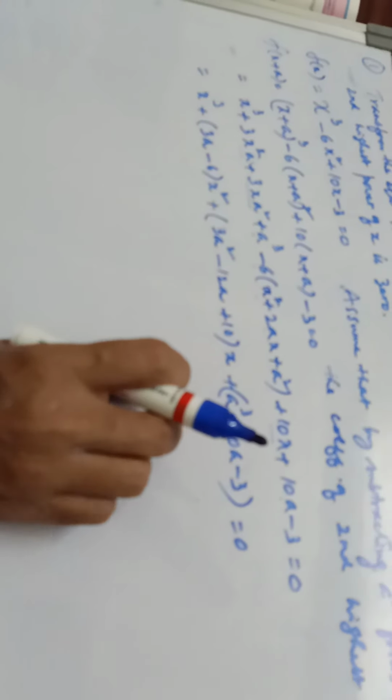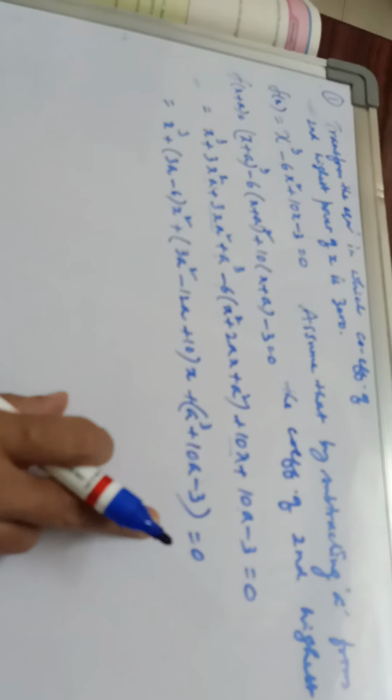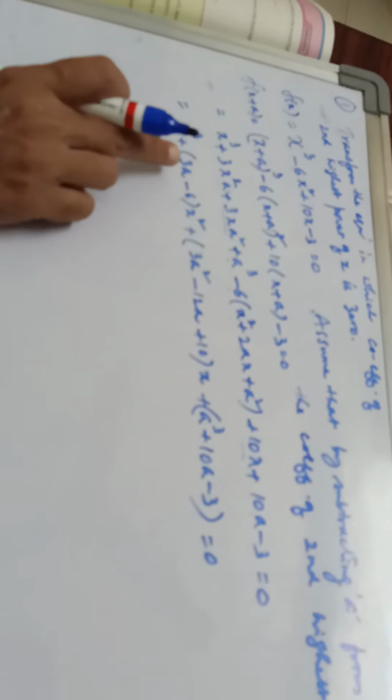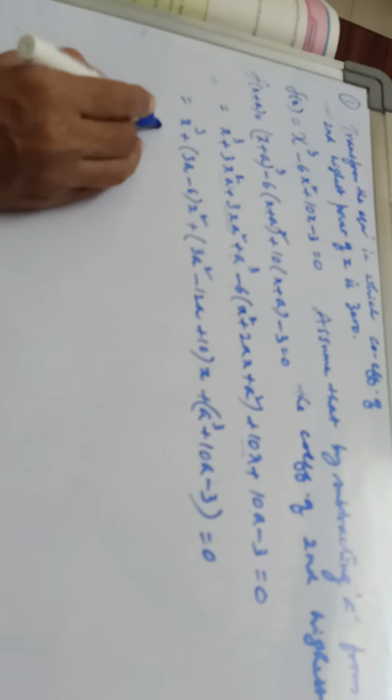Here we assumed that this equation has no x square term. That means the coefficient of the second highest power of x is 0 in it. That means this is equal to 0. So you make this 3a minus 6 equal to 0. Then 3a is 6 and a is equal to 2. Therefore, what is the required equation? Therefore, the required equation is,